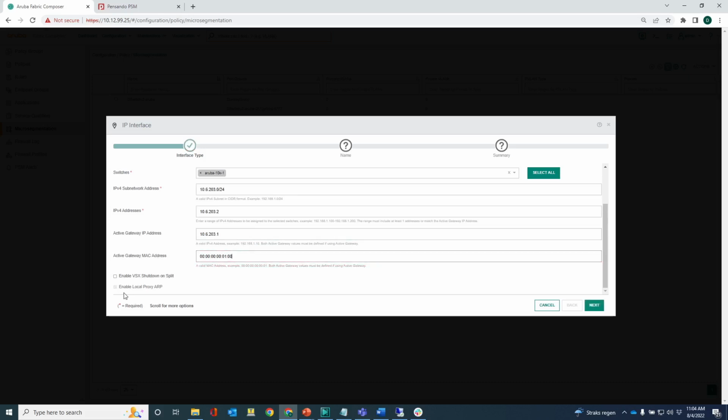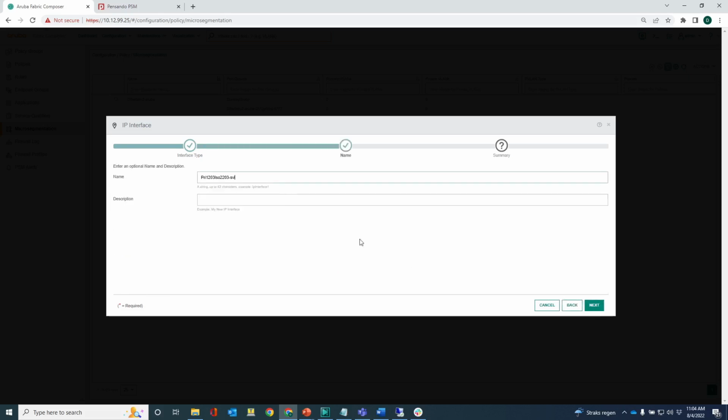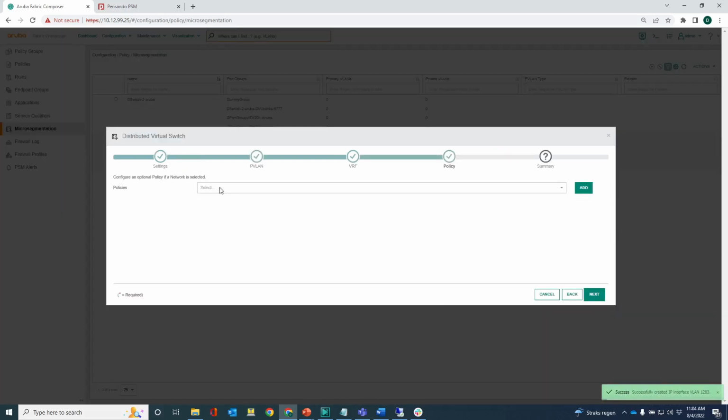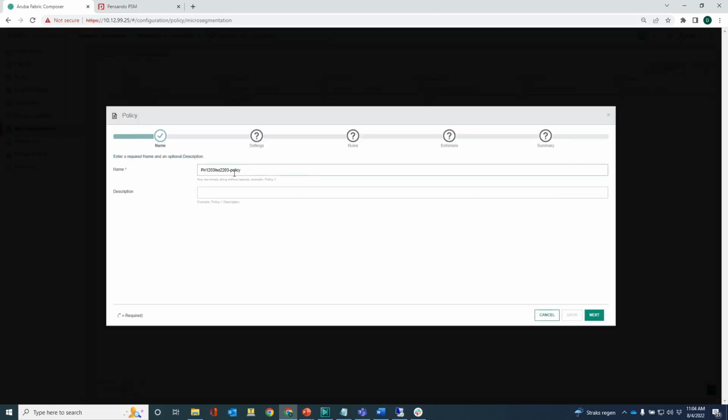You can see that local proxy ARP is ticked by default, because that needs to be enabled. So we're good there. And then next we can create this policy. What I'll do now is create the policy in this workflow instead of going back into AFC. Let me just add that policy here, block SSH,